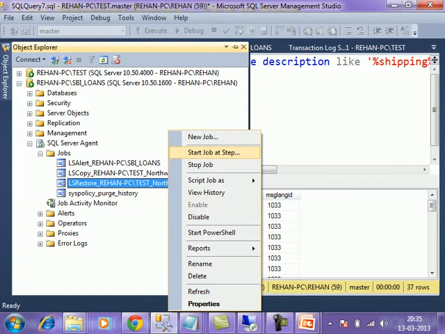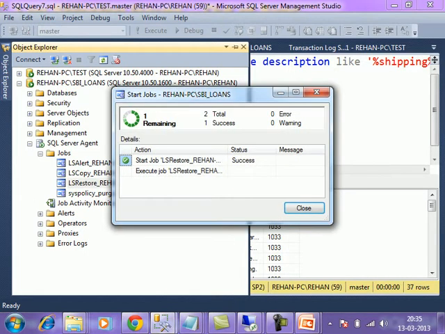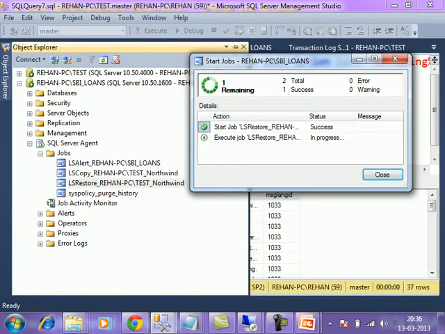Already the file is there in that path of the first instance. The restore job tries to create the same file in that path, but the first instance will not allow it to be overwritten. It will throw an access denied error. But if they were physically two different boxes and the folder is there, it would create successfully without any error. Here it throws an error because it is the same machine: the folder is there, but the same file of the first server is already there. See here, the restore job is failing.